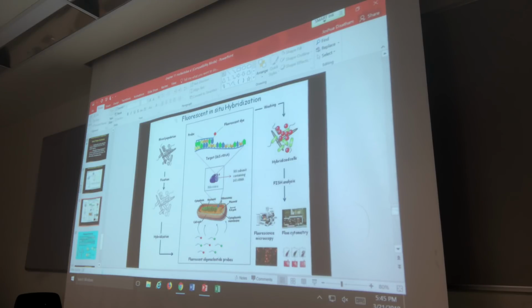There's a technique in the lab called Fluorescent in Situ Hybridization, or the acronym FISH. What all this means is you can design a fluorescent probe that will specifically bind a particular DNA or RNA sequence that you want to investigate. Let's say there's a mutated gene that you know that if someone inherits this mutated gene, they're going to have some debilitating genetic disease in a couple years. So you need to be able to see if this person's going to have that disease so you can prepare treatments and things like that.